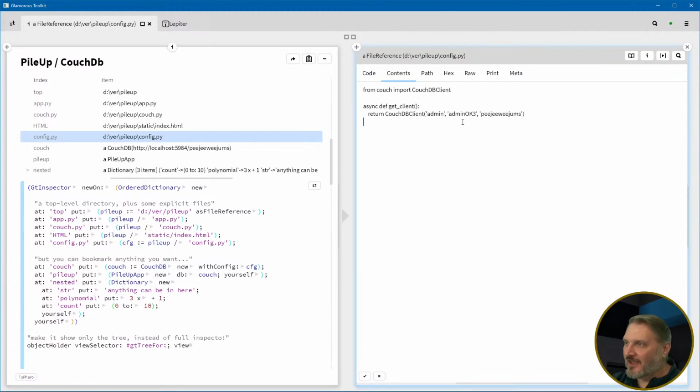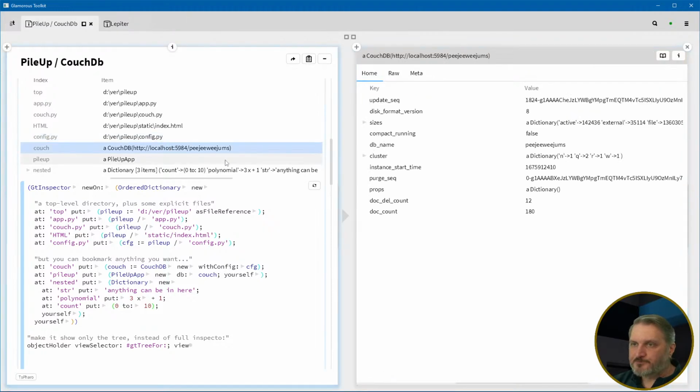And the database name is PG Weegems. That's a nickname for my little girl, and that was the first thing that came to mind when I was making the database. So, PG Weegems database, and this is some Python code. Actually, at one point I fixed the little parser here to recognize that as a keyword, but I guess I didn't save that change, or it's not loaded at the moment. Anyway,